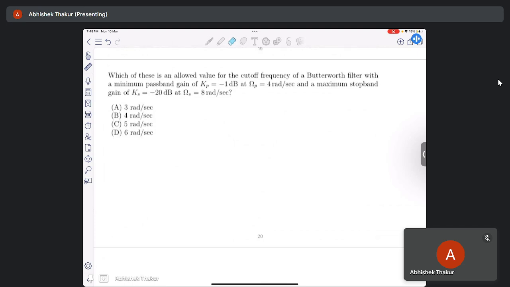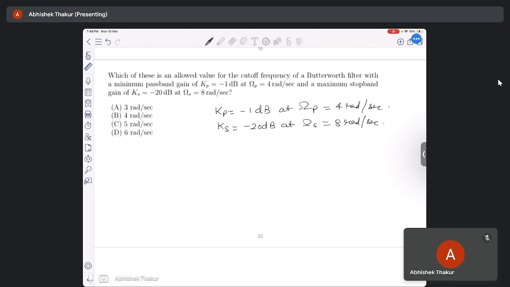Now, which of these is an allowed value for the cutoff frequency of a Butterworth filter with a minimum passband gain of Kp equal to minus 1 dB at passband cutoff frequency 4 radian per second, and the maximum stopband gain Ks equal to minus 20 dB at omega s equal to 8 radian per second. Okay, so as we have seen before, for the passband frequency it is less than or equal to 10 to the power of minus Kp by 10 minus 1, and for the stopband frequency it will be greater than or equal to,